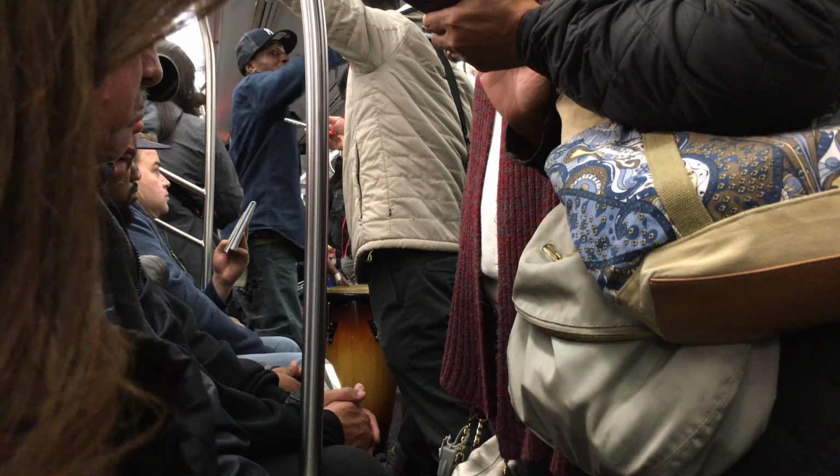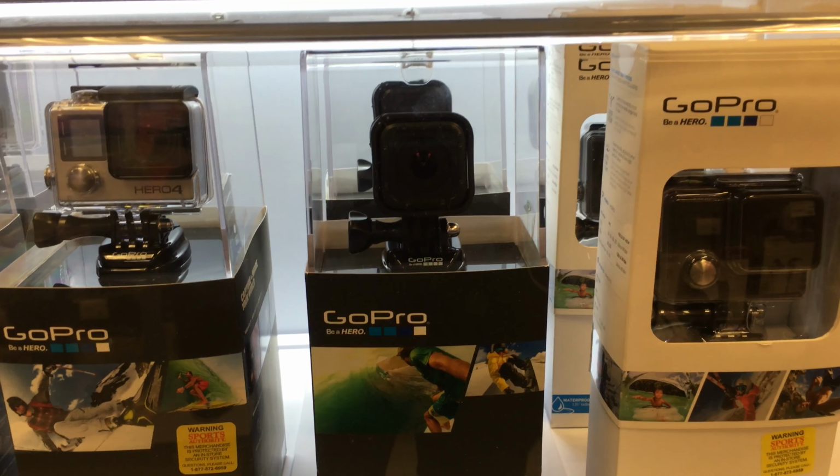So afterwards, I checked out a sports store, and one thing I looked at is maybe getting a GoPro. They are a little pricey. I'd get the kind that's like a little cube, because then you could sort of set it down on the ground. Then I went to the tennis section, and my son plays tennis, and my daughter,